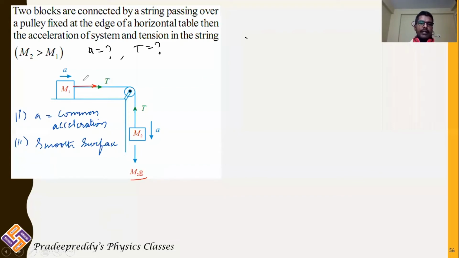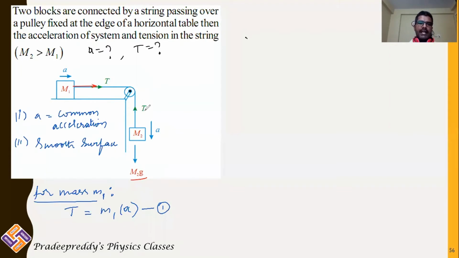Now coming to this, you can plot free body diagram for mass m1. m1 is pulled right side by tension. Because of that, there is some acceleration a. So tension T can be written as m1 into acceleration a. There is only one force acting on mass m1 that gives you tension in the string. T is equal to m1 into a. Let me take this as equation number 1.